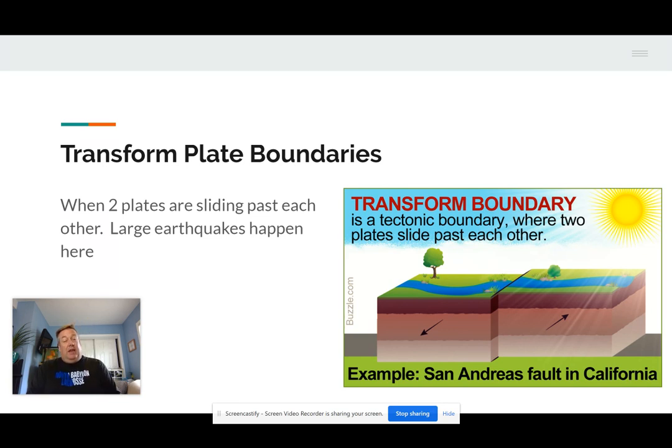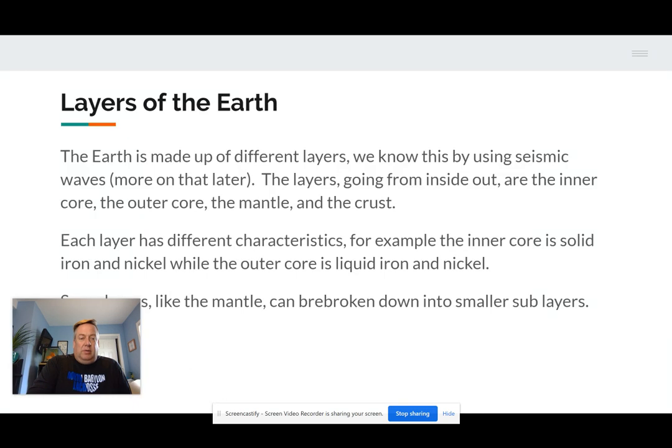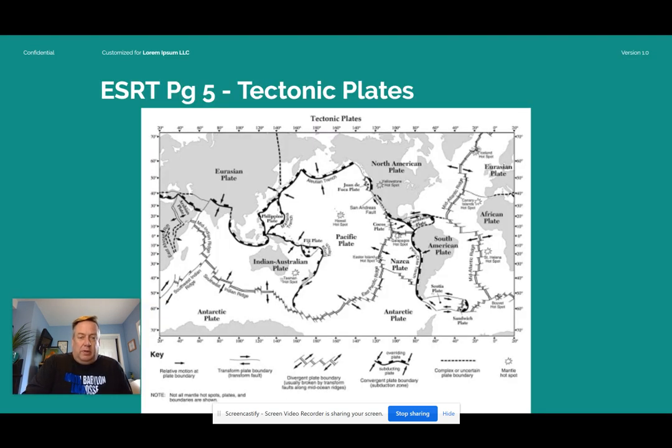All right, that doesn't mean you can't have smaller ones. Just to put it in perspective for you, in a given year, so 365 days, you could expect that somewhere on Earth, about 2,000 times a year, there's an earthquake. Most of those earthquakes are so small you don't even feel them. Okay, it's the larger ones that we tend to recognize and feel. All right, and that's going to bring us to page 5 of our reference table. So we'll go over this real quick. All right, and then I'll pick this up again